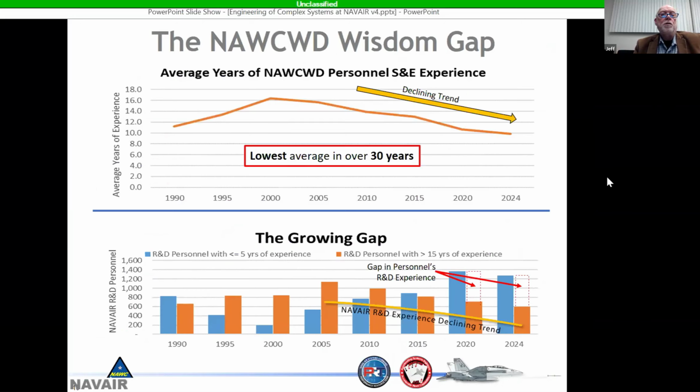I mentioned earlier there's this wisdom gap that we had a sense of, and we weren't sure. So we did some research. We pulled some of our own basic measurements from our HR department when we started this program a half dozen years ago, and we went back to the 1990 timeframe. So we look back over about 30 or so years, and we started to see when we looked at